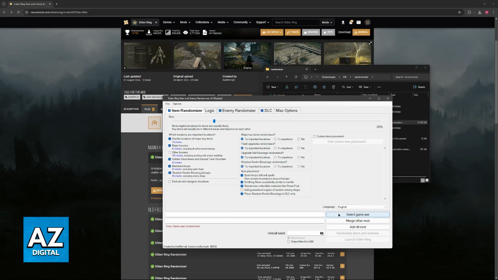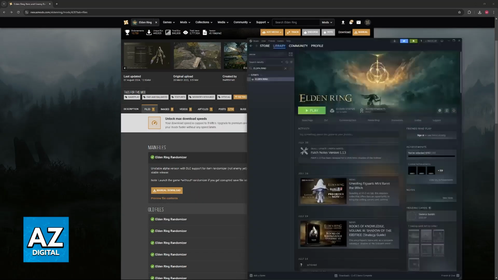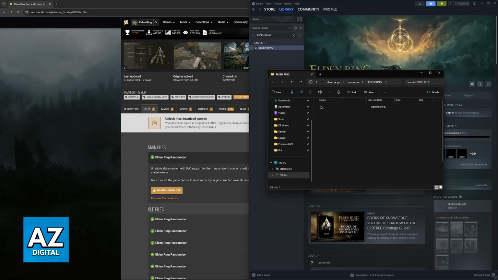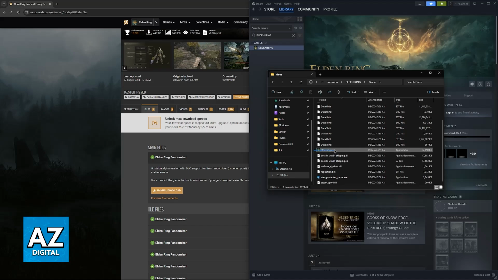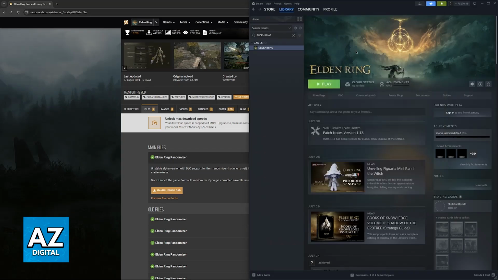Now you have to select the game executable. So in here, click on this option, and now you will be able to browse through all the files in your computer. If you don't know where to find Elden Ring, all that you have to do is open the Steam launcher, right-click on Elden Ring, go over to Manage, and then browse local files. Now, inside of this game folder, you will be able to find eldenring.exe. So just copy this specific link here. For me, it is going to be on my X drive, Steam library, Steam apps, common, Elden Ring in-game, but for you this might differ.